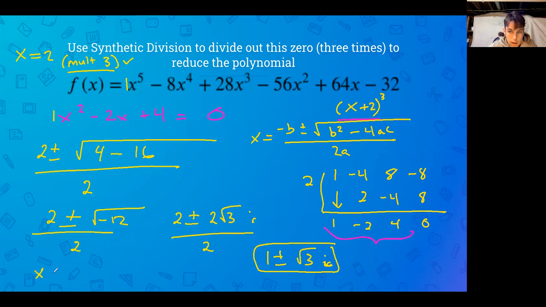It would be x plus 2 to the 3rd power, 3 of those, and then x minus 1 plus root 3i, and then x minus 1 minus root 3i. So those are our 5 factors, obviously a multiplicity of 3, 4, 5 of them. Pretty complex. That'll be the end of part